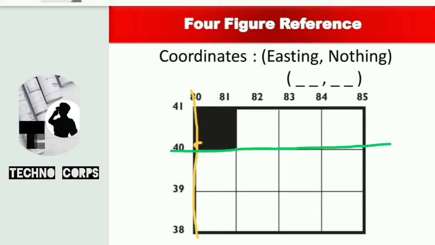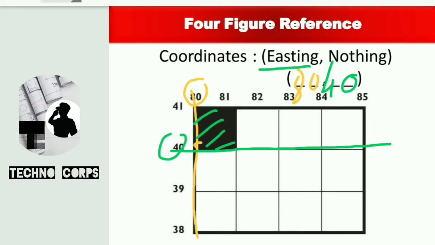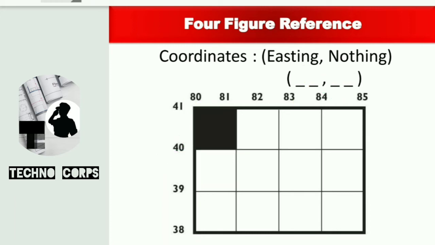First we need to give the easting. That is 80. So the first 2 figures are this. This is the line number for this. This is the reference number for this particular easting line. Okay, similarly the next, the reference number for this northing line, is what? That is 40. So 8040 is the 4-figure reference for this particular grid, right? So this is the manner in which we can indicate a particular location on the map. So I am representing this location.